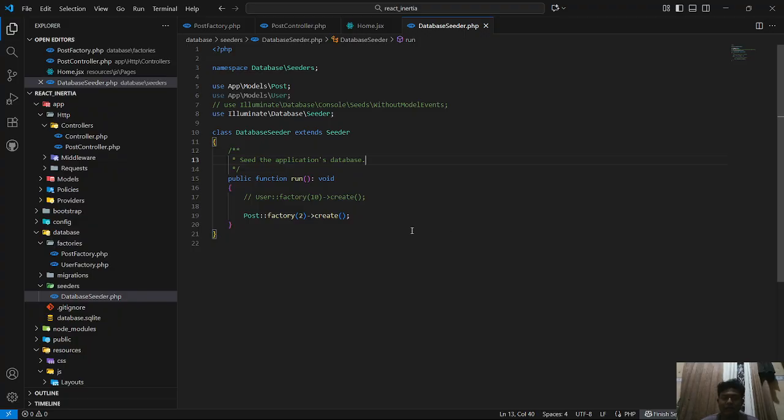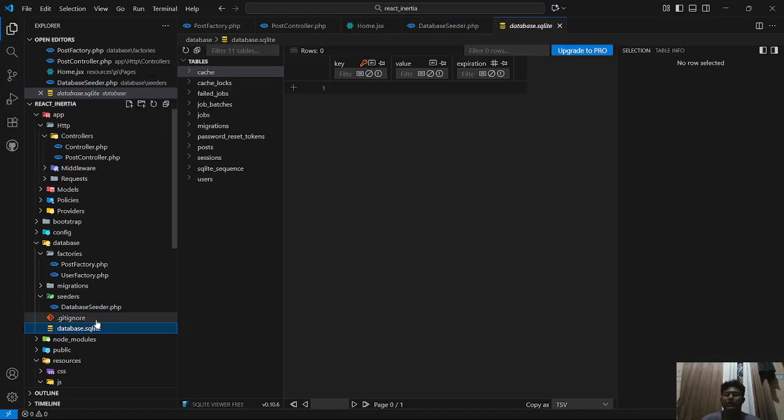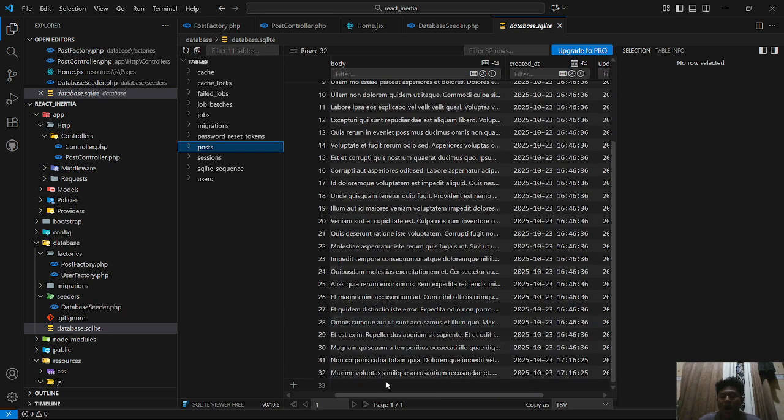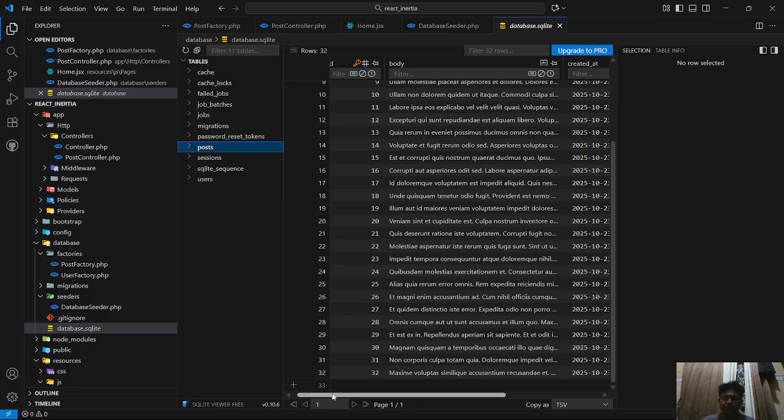After that, if you go to the database, database.sqlite, and you open the post table, you can see I have 32 dummy data.